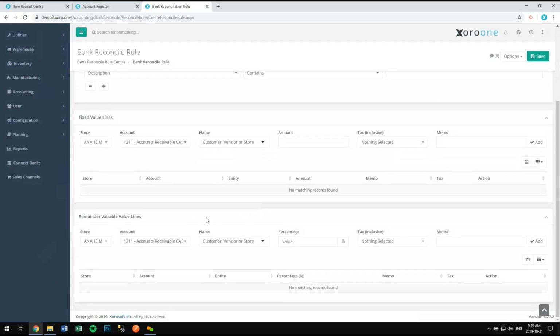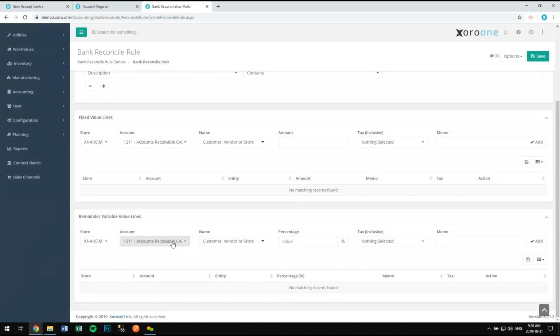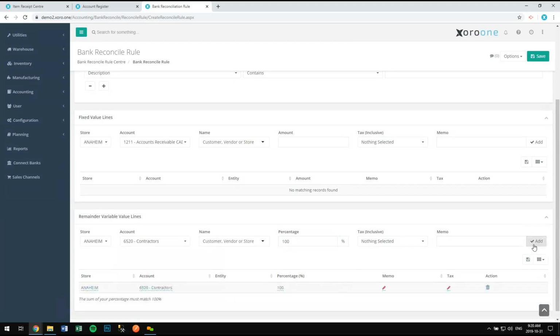Then, once that line has been captured, let's say you want to create a rule for parking fees. You can say description contains parking, and then you always want to expense it to this account, and you want to expense 100% of it. So you can add something like that, set up a rule, and what that rule will do is when it sees that statement during reconciliation, it'll actually offer to create a transaction for you and reconcile it all in